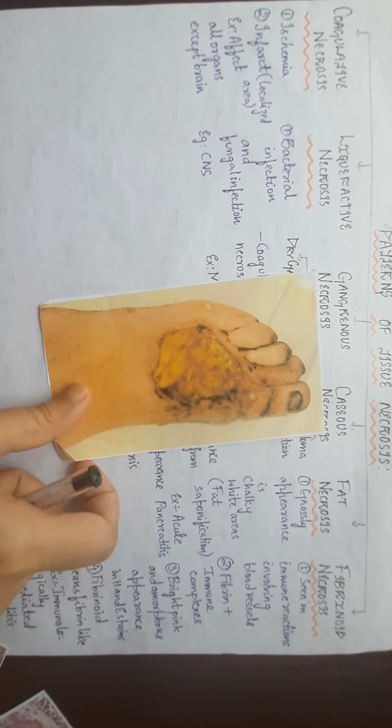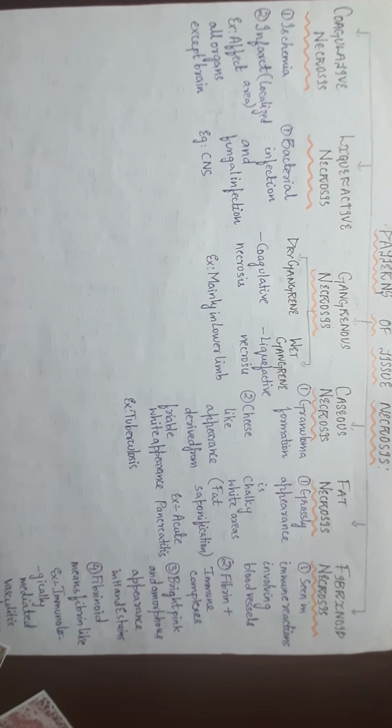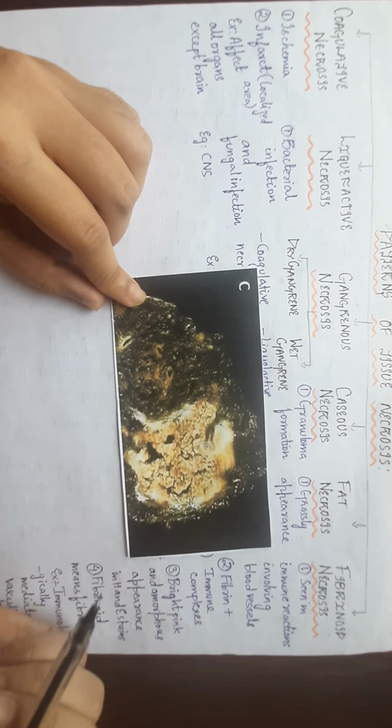Next is caseous necrosis, in which we will be discussing granuloma formation. Granulomatous inflammation is taking place, in which granuloma formation is associated with caseous necrosis. When caseous necrosis is taking place, there will be a cheese-like appearance. It is derived from the friable white appearance. Cheese-like appearance you will be seeing, and the example is tuberculosis. Tuberculosis mainly takes place in the lungs. So you can see the cheese-like appearance in this image.